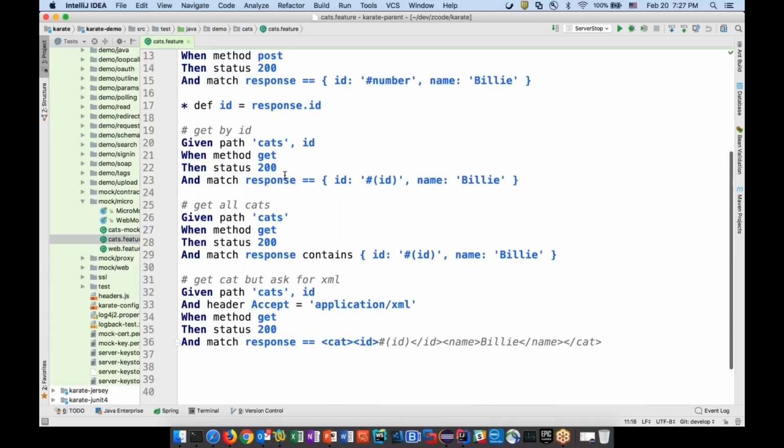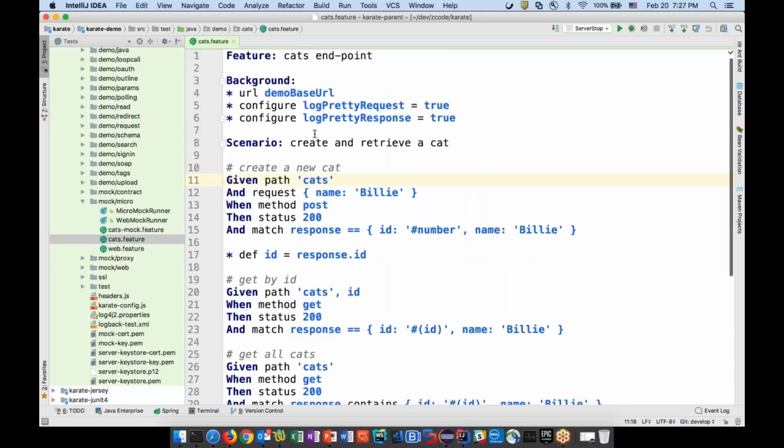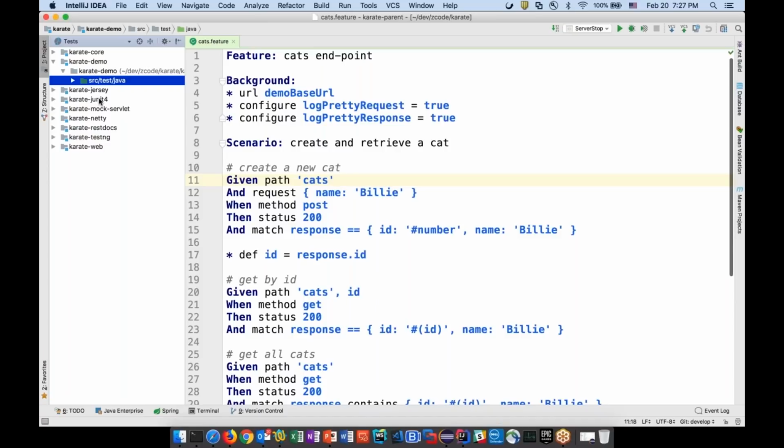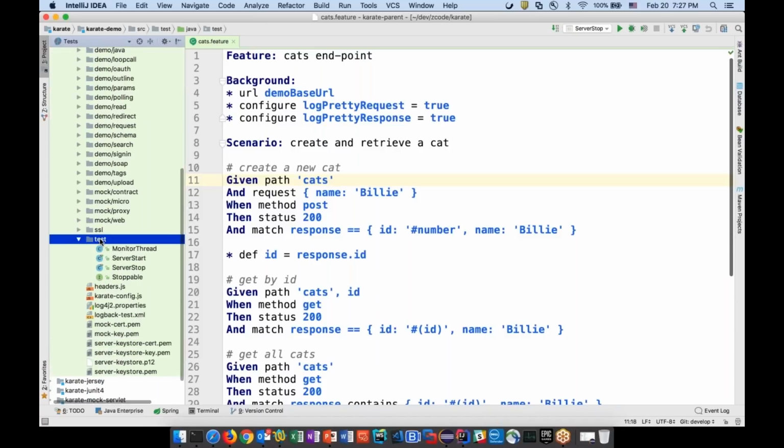Okay, so what you see in front of you is a karate test, and you can see this is IntelliJ. And actually, I'm going to flip to Eclipse for a moment. Let me zoom in in case it's not clear. You can immediately notice, because IntelliJ has built-in support for Cucumber, and because karate is based on Cucumber, things are great. You get syntax coloring, syntax correction to a certain extent. It's not perfect, but it is perfect for test automation of APIs, if you ask me.